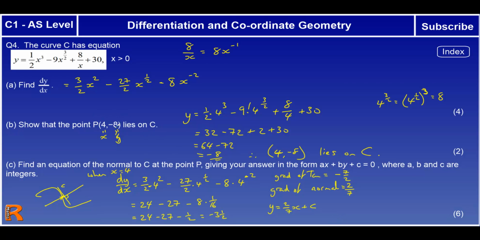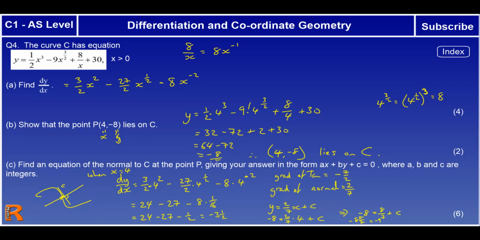Now we know it goes through (4, minus 8), so if we put those numbers in, minus 8 equals 2/7 times 4 plus the constant. So that tells us that we've got 8 over 7, so minus 8 equals 8 over 7 plus the constant. Take that over here, so we've got minus 8 and 8/7. Actually 8/7 is 1 and 1/7, so that's actually minus,